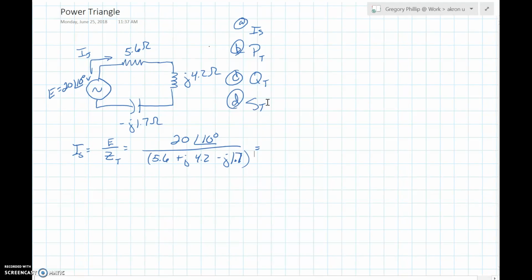Being a series circuit, the total current IS, which I added the S to, also please make a note that I added the voltage here, 20 angle 10 degrees. And so the total current flowing through this series circuit is E divided by ZT. And so it's 20 angle 10 degrees divided by 5.6 plus j4.2 minus j1.7, where the 5.6 plus j4.2 minus j1.7 is ZT as we're looking into this series circuit here. That gives us a result of